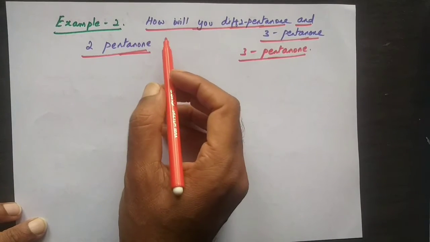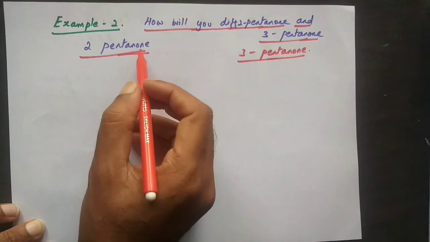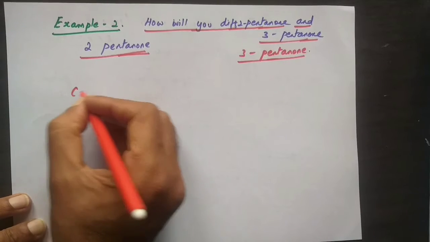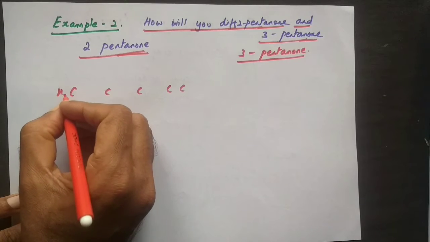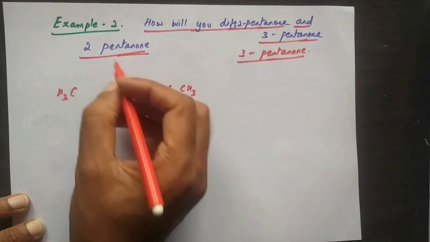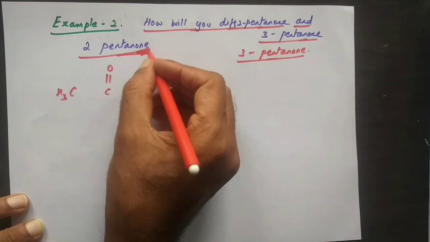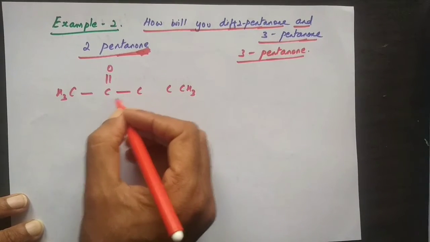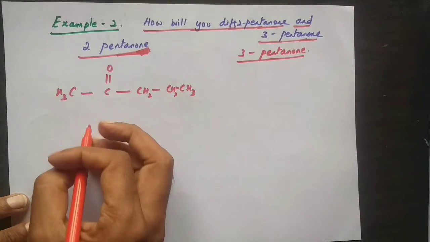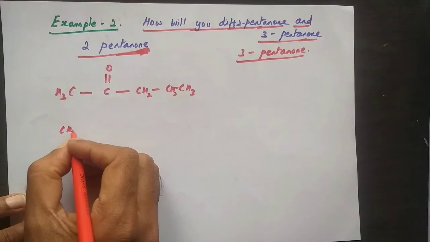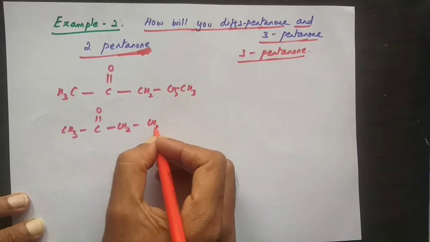So example 2, how will you differentiate between 2-pentanone and 3-pentanone? So pentanone, we know it is a 5 carbon compound, carbon 1, 2, 3, 4 and 5. So we know that first will be having the CH3 and the last will be the CH3. 2-pentanone, carbon number 1, carbon number 2, I will make a double bond, I will make the oxygen because O is in the ketone. Now here carbon 1 is satisfied, here I can put a CH2, then here I can put a CH2. So the structure will be CH3, C double bond O, then we got the CH2 and the